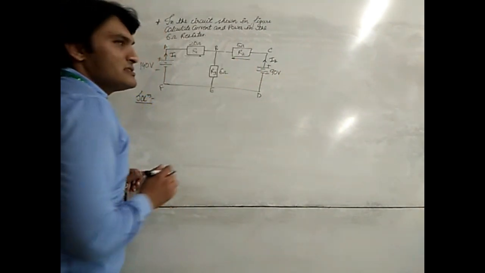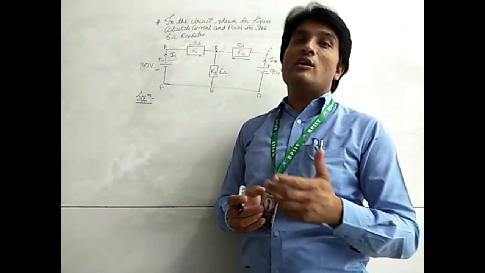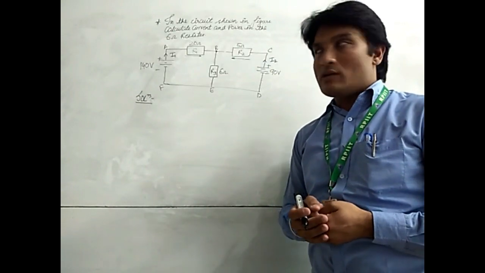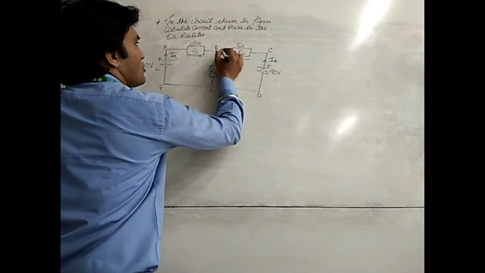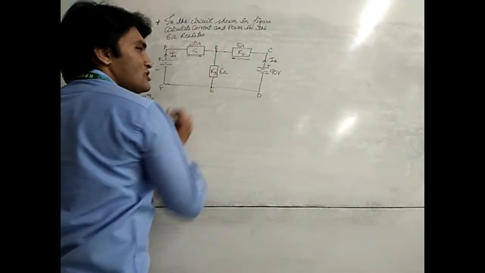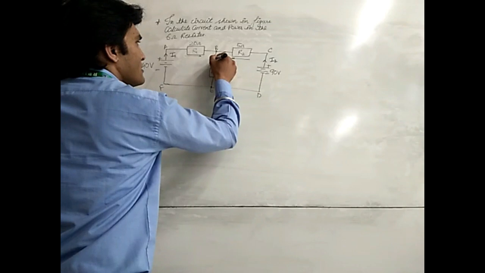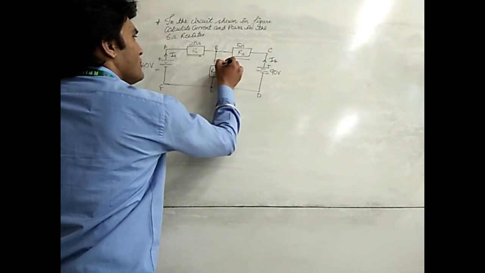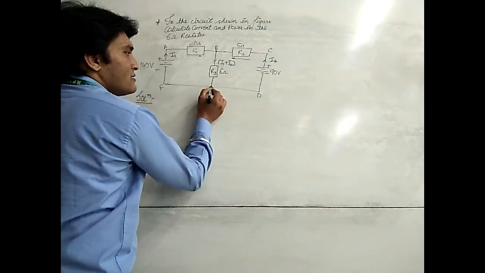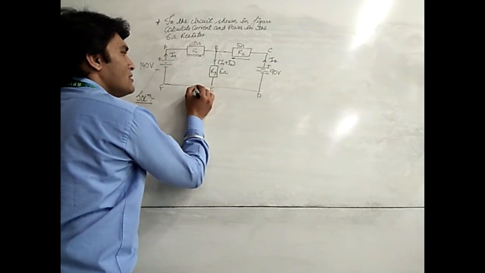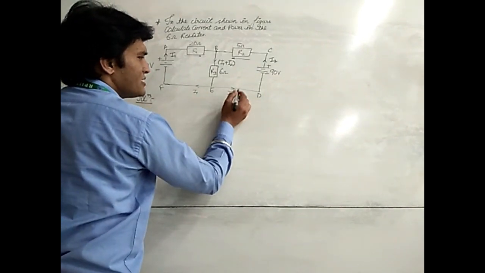R2 resistance. Now at this point, this is called a junction. Basically, a junction is a point where 3 or more circuit elements are joined, or where current is divided. So here current is divided. This is called a junction point and this E point is also called a junction point. At this junction I1 and I2 both currents are meeting. So I1 plus I2, these two currents are flowing through this 6 ohm resistor, and at this E junction point the current is divided again. I1 is flowing from E to F and I2 current is flowing from E to D.